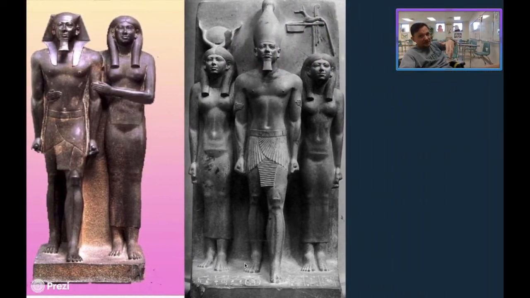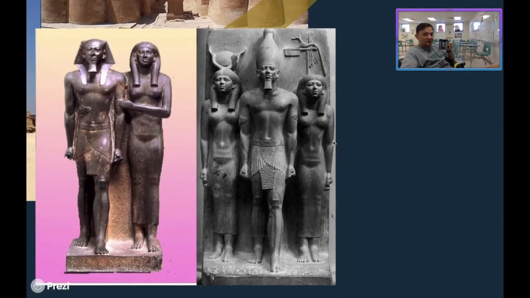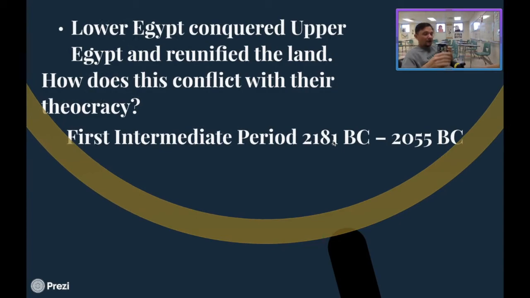And you can see another example of that right here, which includes one of the pharaohs wearing one of the Old Kingdom crowns, and he is flanked on either side by two female goddesses, possibly one of his wives. Now, after art developed, after the pyramids started getting constructed, after all this other stuff started happening, then from 2181 BC to about 2055, which is a relatively short period of time when we discuss these ancient time periods, the first intermediate period hit, right?